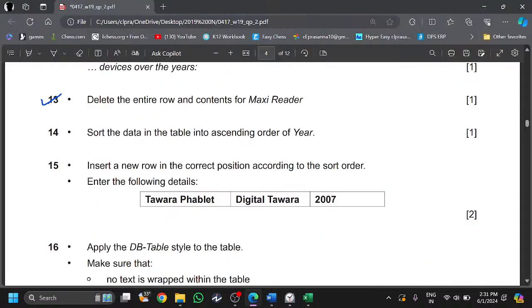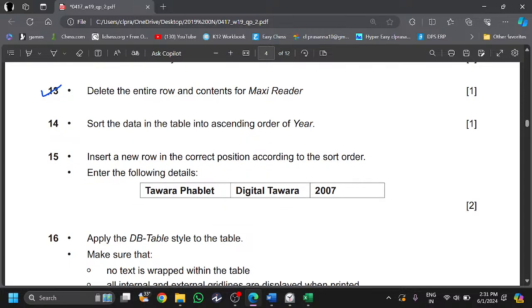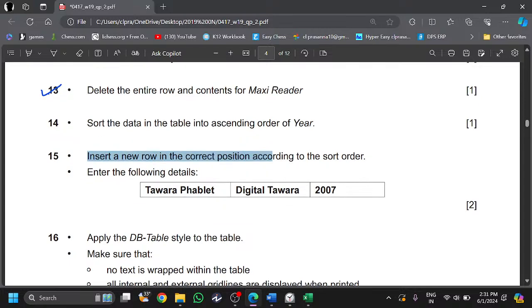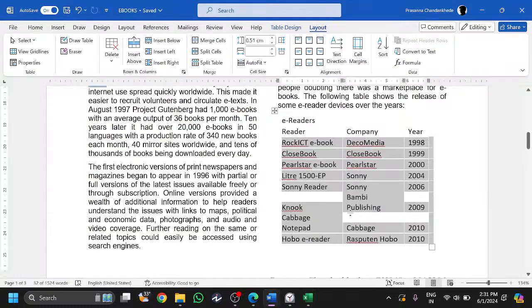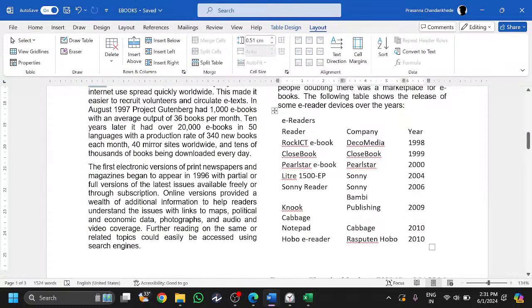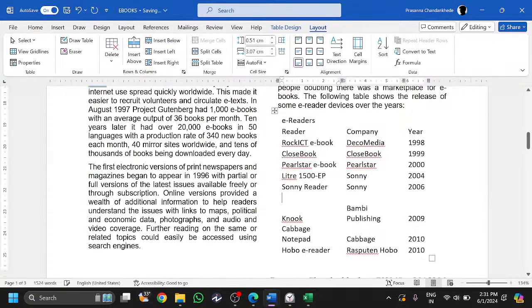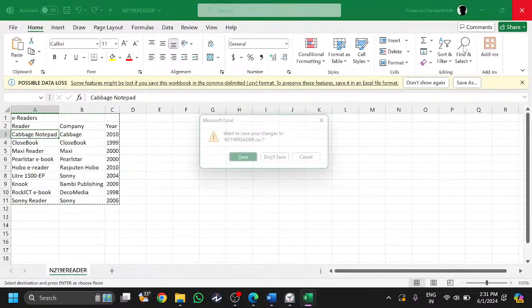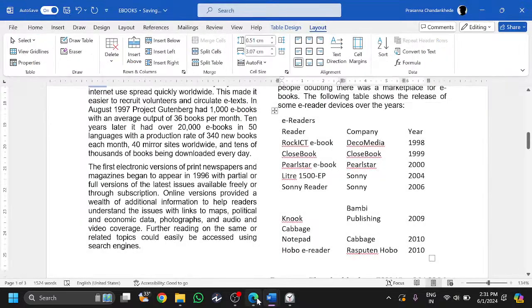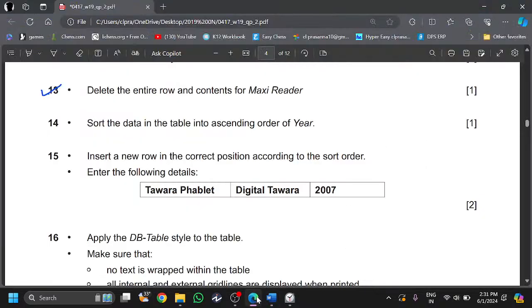Then we insert a new row in the correct position according to the sort order. So 2007 will be over here. So that gives, we don't need this completely. Yeah. So